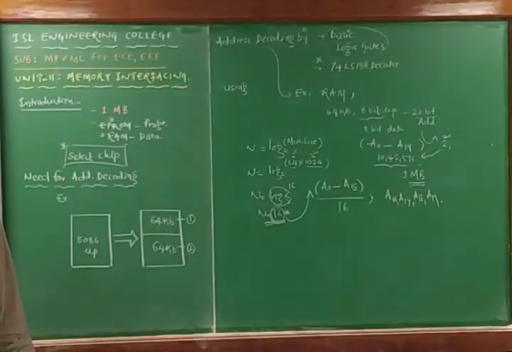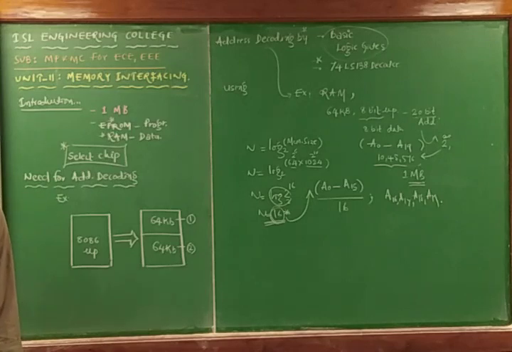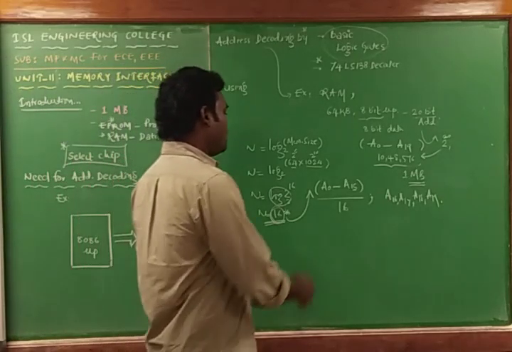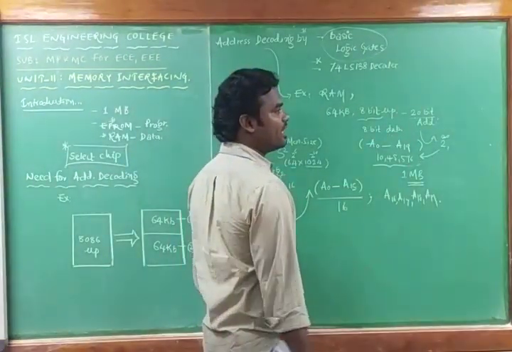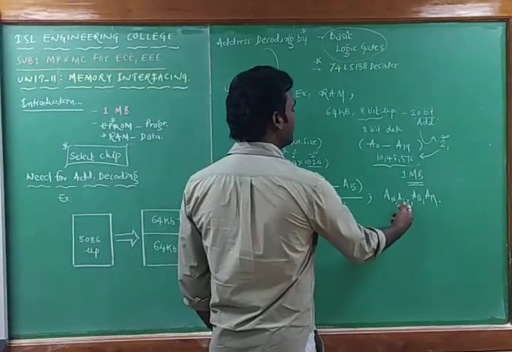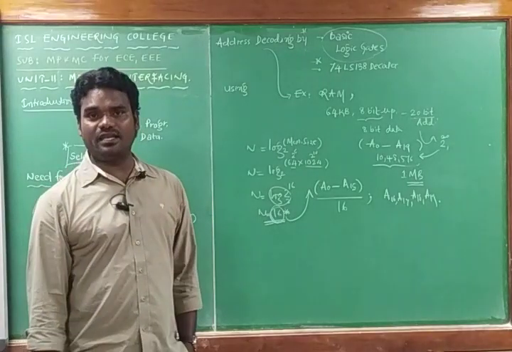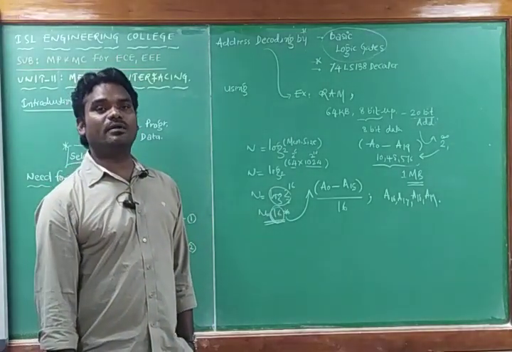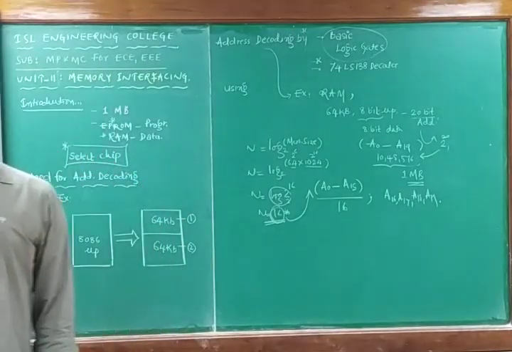Thus the lower order address lines, A0 to A15, a total of 16, are directly connected to the memory device, while the higher order address lines are used for address decoding. That means A0 to A15 are directly connected with the memory, whereas A16, A17, A18 and A19 are the additional address lines and can be decoded by logic gates. How will these be decoded? I am going with one example.